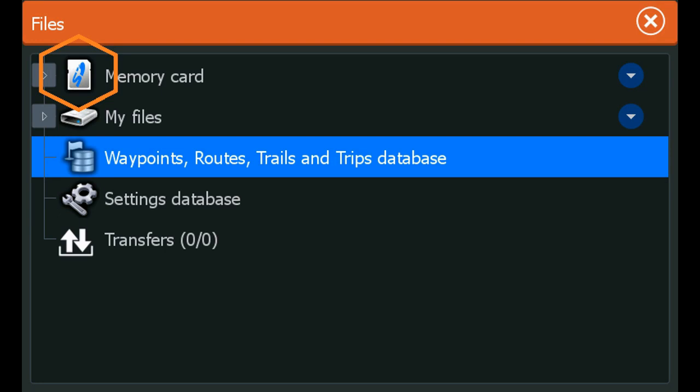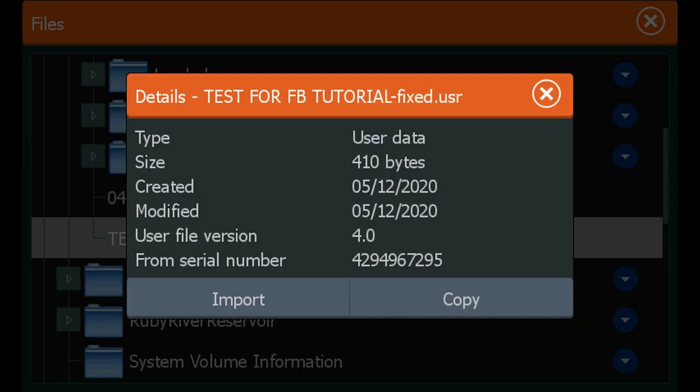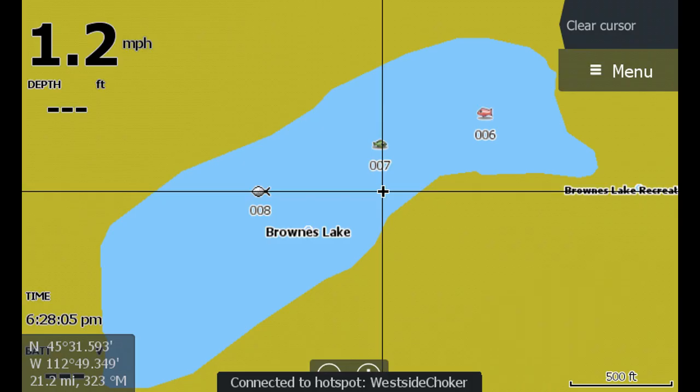And then like before, go to your pages and then files, and we want to browse to our memory card. Once we click memory card, we can now see our file. Go ahead and click your file. It's going to ask if we want to import or copy. We want to import. Are we sure we want to import? Yes, we're sure. Click yes. And boom, 3 new waypoints imported. So now if we go back to our main chart screen, we'll see our 3 waypoints with the nice names